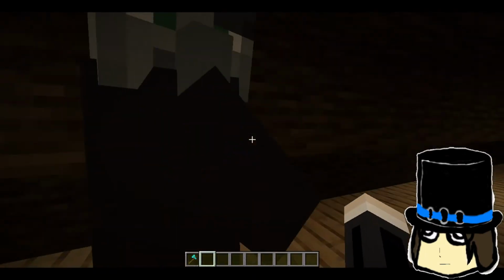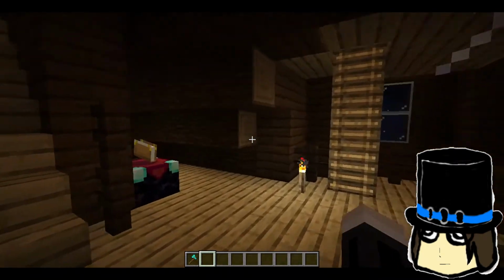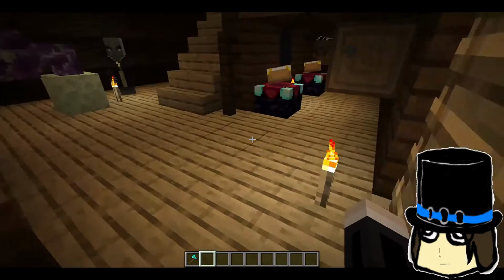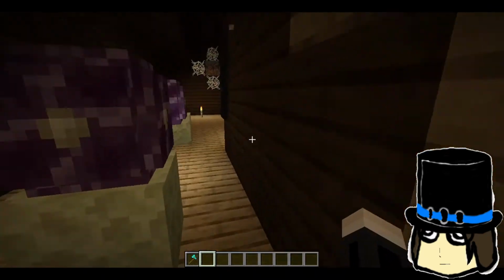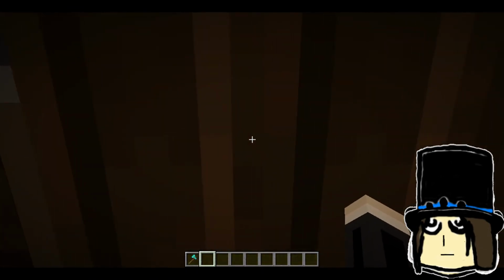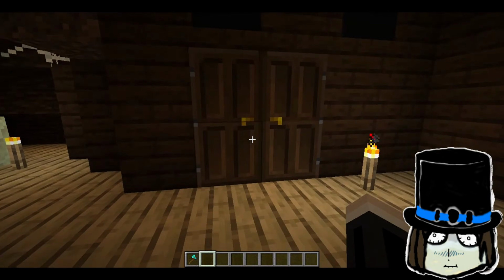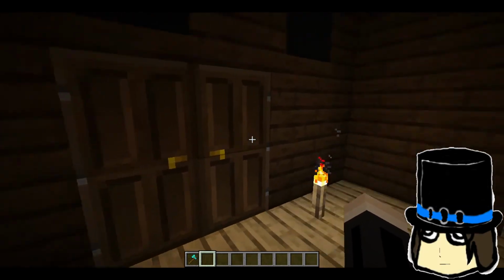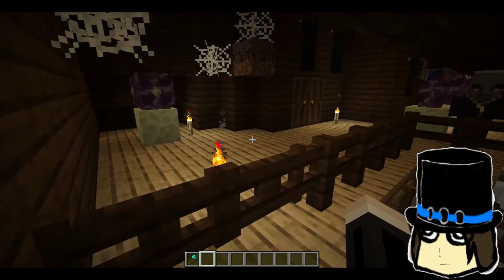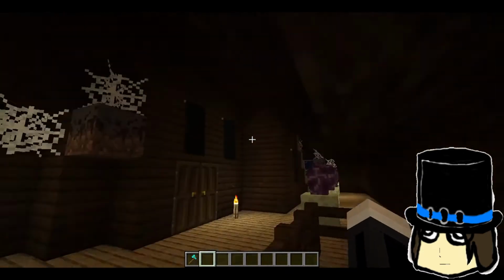Because we got clone of Span. Obviously an evoker. And is that the only guy that I had up here? But more than that, in here we got a shit ton of Vindicators that are going to surprise our admin if he tries to open that door. And obviously in the attic,